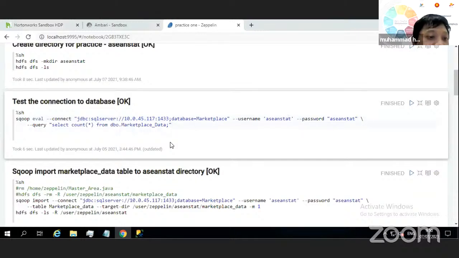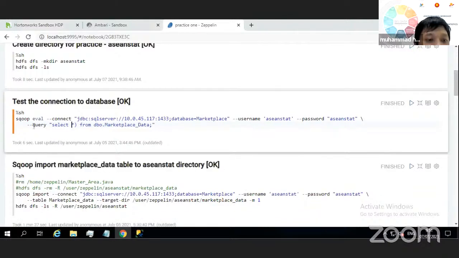To test the connection to the database, after we specify the JDBC connection string, the username, and the password, don't forget to specify the query. Don't forget to type the double dash and then followed by the query. You can type this: select all from dbo marketplace data,